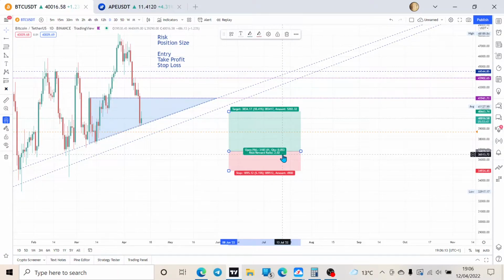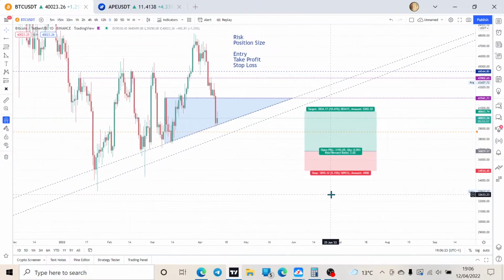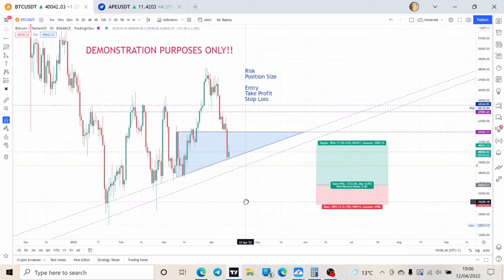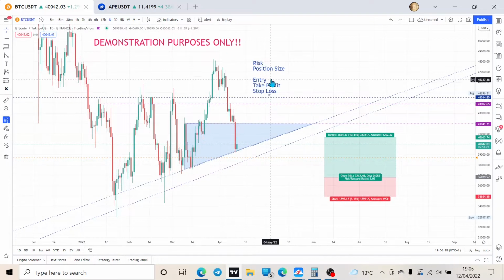Okay, so what that's saying is, if you were to open a position, you would need to open a position in Bitcoin of 0.053 Bitcoin for this calculation to come into fruition. Okay, so once we've worked out that we're happy with our $100 loss, our $200 gain, and a 2-to-1 risk reward, this tool is set up how we want it to be, with the position size and the risk in